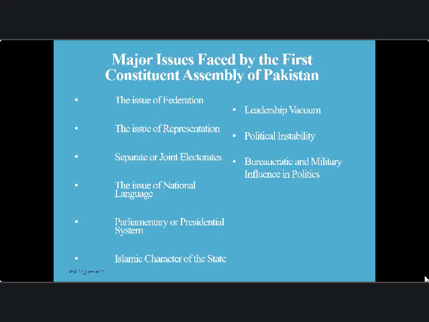The number one, federalism. One of the earliest and most significant issues before the Constituent Assembly was deciding whether Pakistan should adopt a unitary or federal system of government. Pakistan was geographically divided into two wings, East Pakistan and West Pakistan, which were separated by more than 1,000 miles